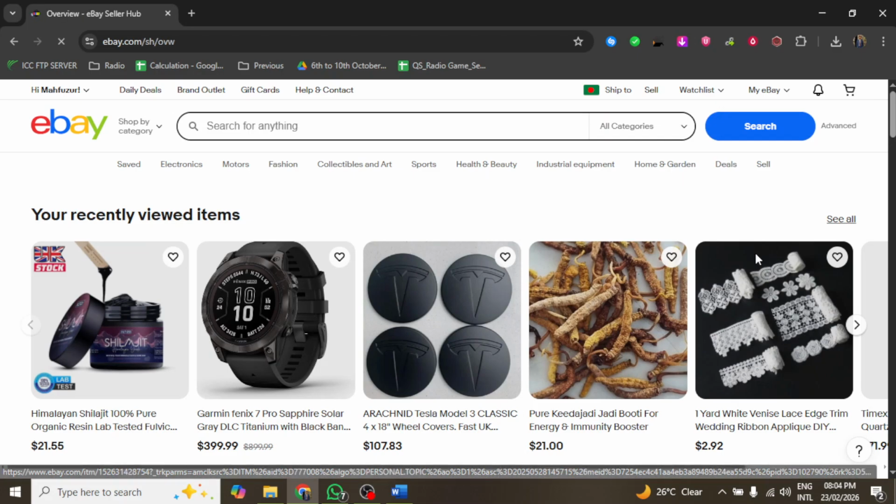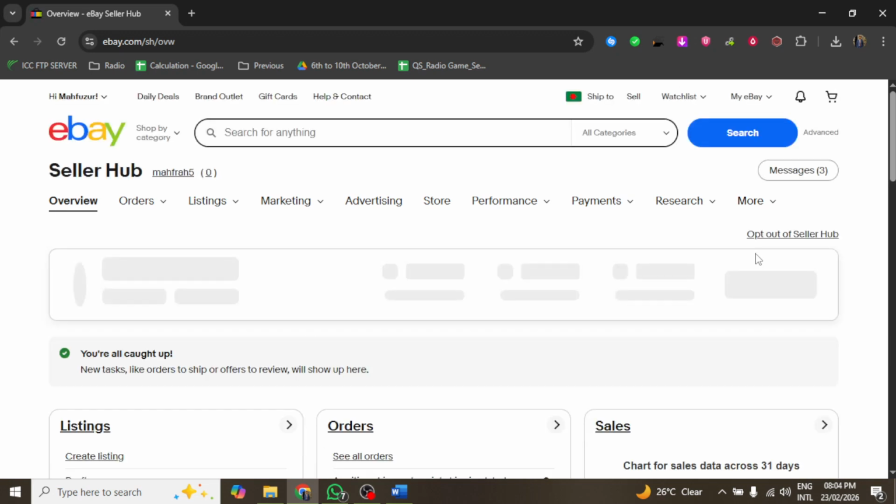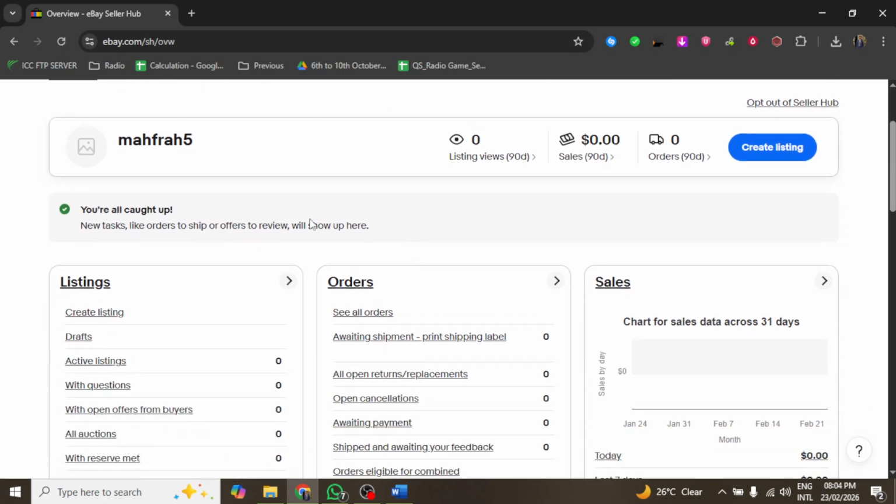Next, locate the Orders section on the left side of the Selling Overview page. Click on Orders to access a list of your recent transactions. Find the specific order for which you wish to issue a partial refund. Click on the order to open the detailed transaction page, which displays essential information such as buyer details and payment